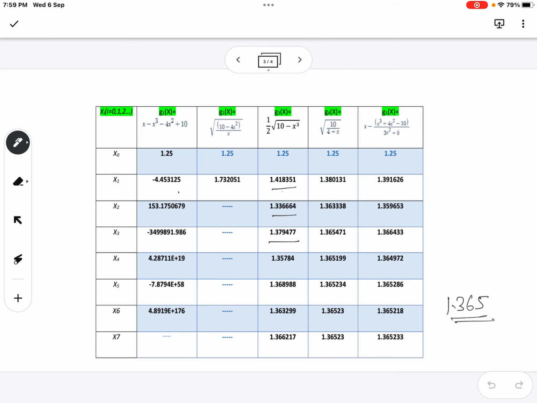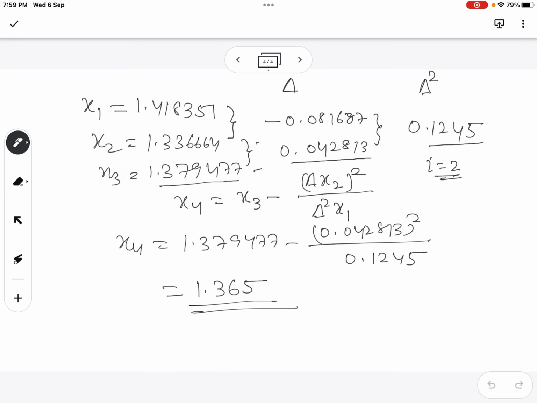On the other hand, for the case which we have considered here, the root correct to 3 decimal places will be obtained only after the 7th approximation. So it means this is a faster method, and this makes the process of convergence